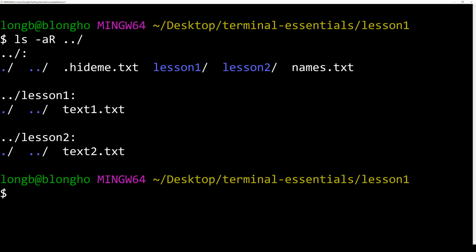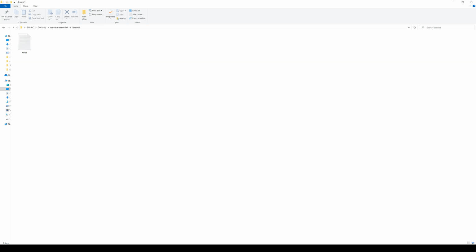We can move to a sibling directory by, for example, if we want to move into lesson 2, assuming that we are here in lesson 1, we want to go into lesson 2, you have to click Terminal Essentials, you double click lesson 2 and go inside and maybe do something here. Create a file or delete this file, or open this file, add some content.